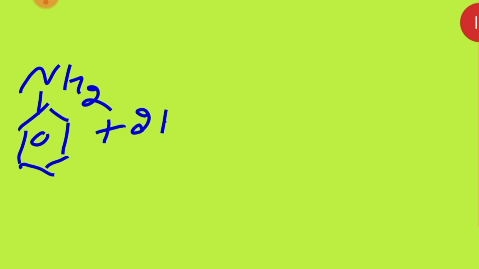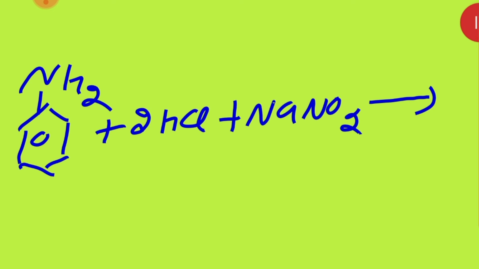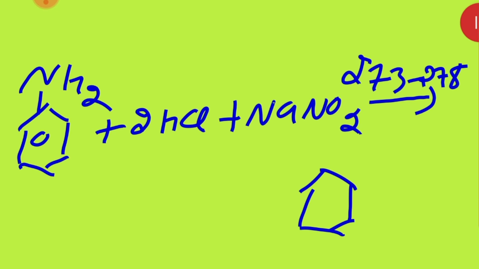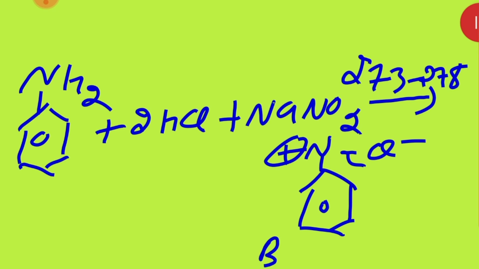Okay students, but the same way we can give the reaction for the primary aromatic amines. With the primary aromatic amines, that means benzene with NH2, plus HCl plus NaNO2. You will remember, beta, what will be formed here? I think it's a preparation of diazonium salt. Did you remember? It was a preparation of diazonium salt, N2 positive, Cl negative. This is called benzene diazonium chloride.